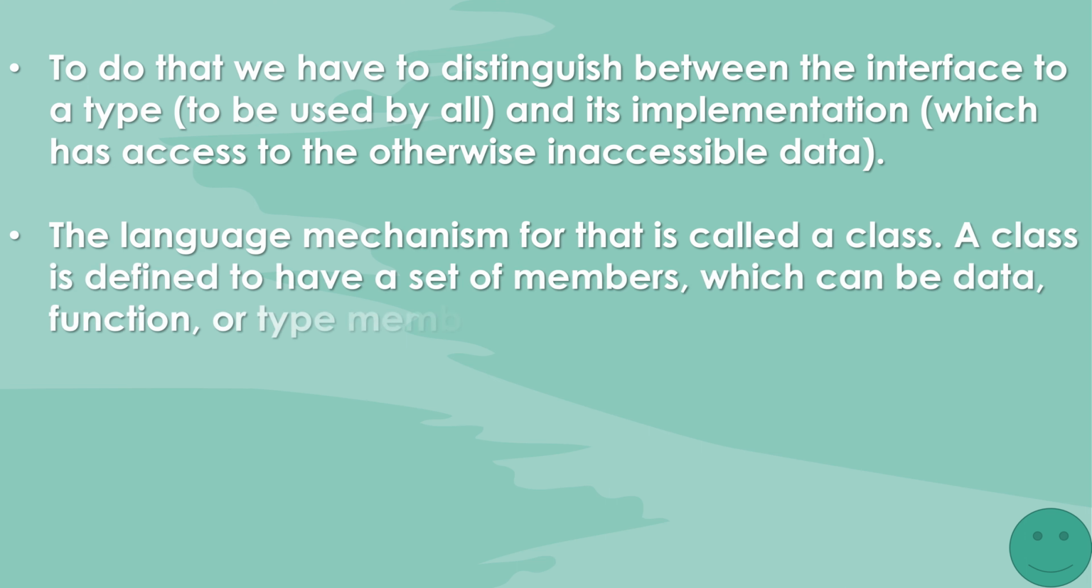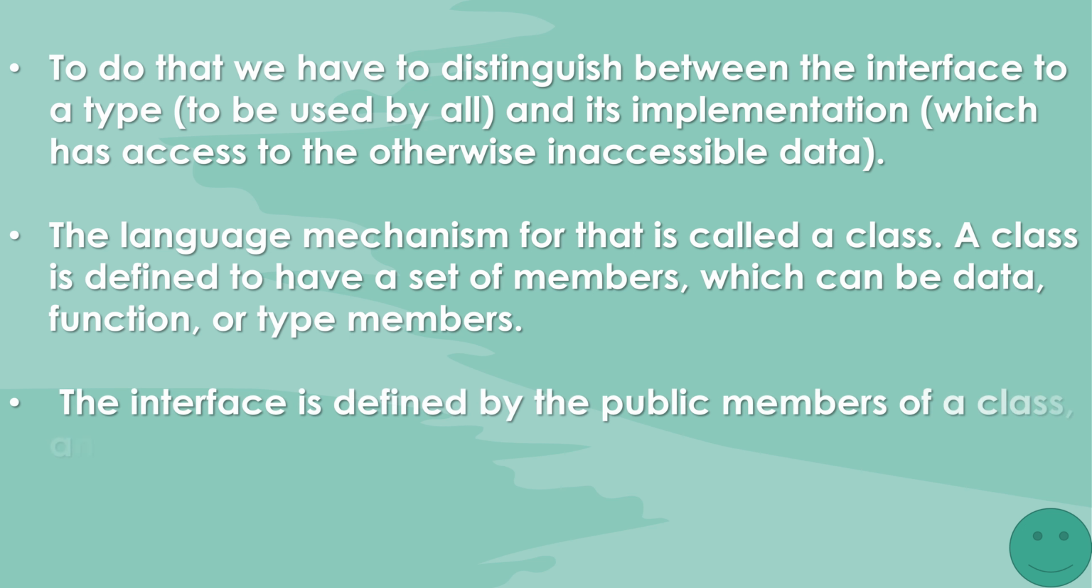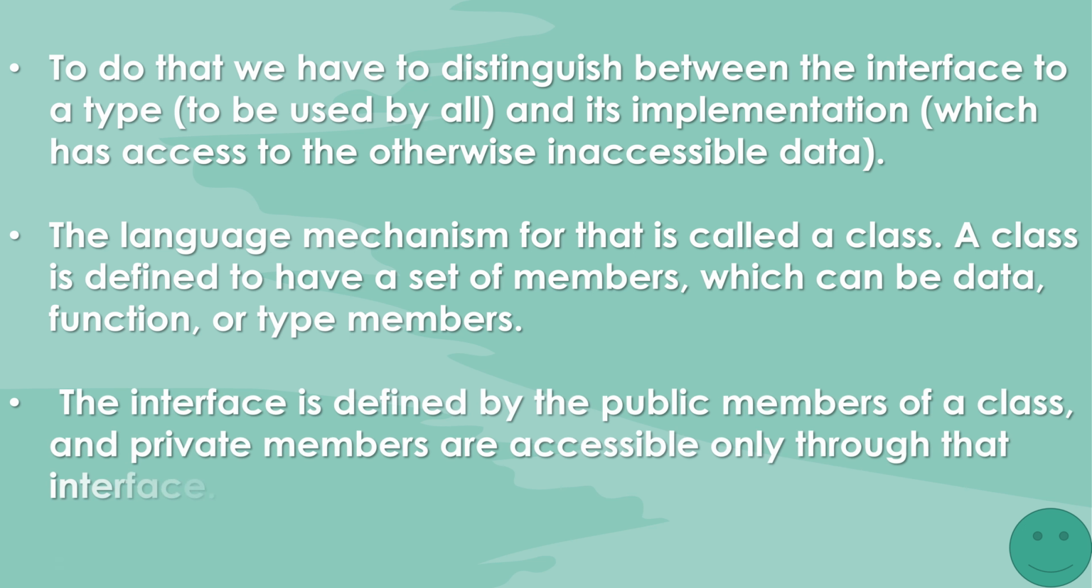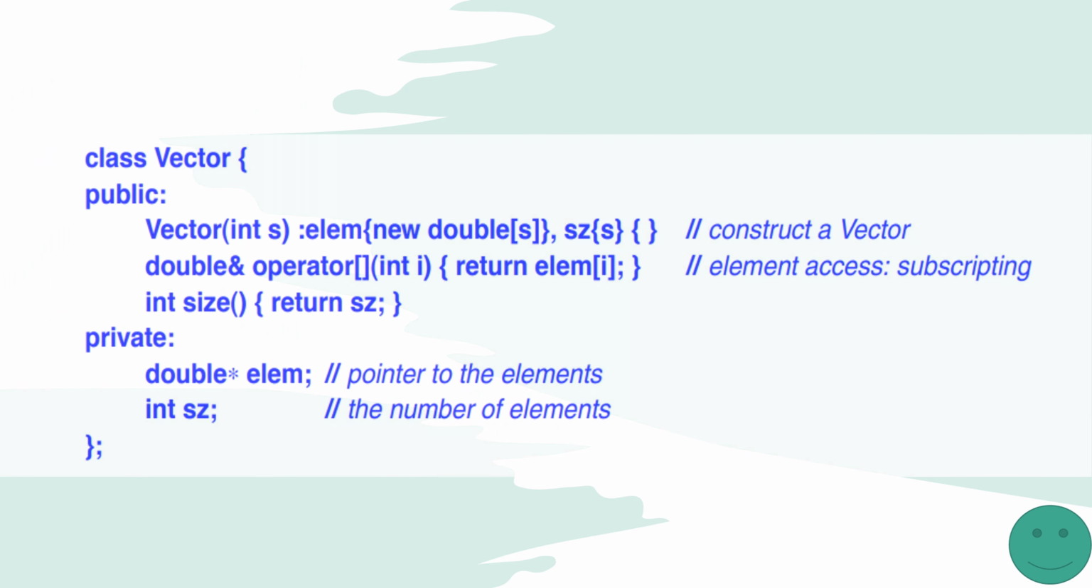A class is defined to have a set of members, which can be data, function, or type members. The interface is defined by the public members of a class, and private members are accessible only through that interface. For example: class Vector { public: Vector(int s) :elem{new double[s]}, sz{s} { } // construct a Vector double& operator[](int i) { return elem[i]; } // element access: subscripting int size() { return sz; } private: double* elem; // pointer to the elements int sz; // the number of elements };